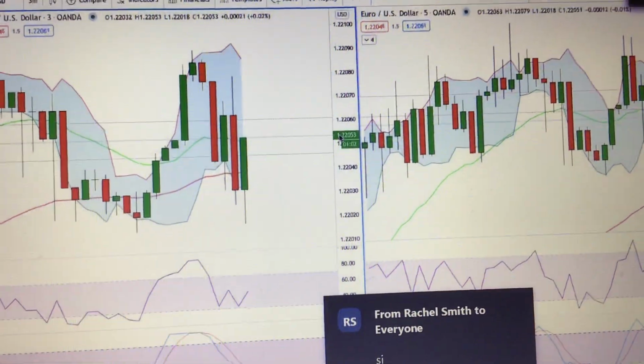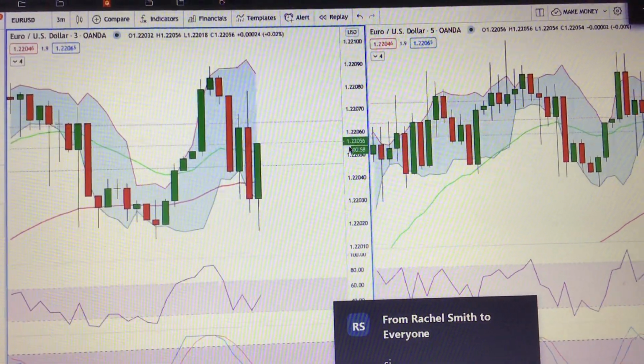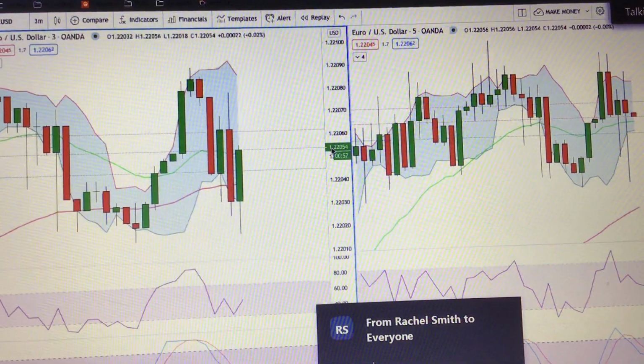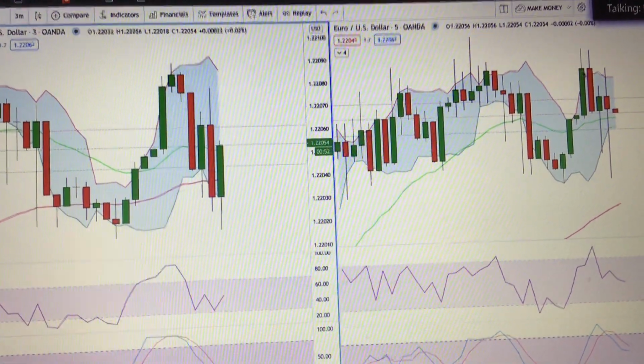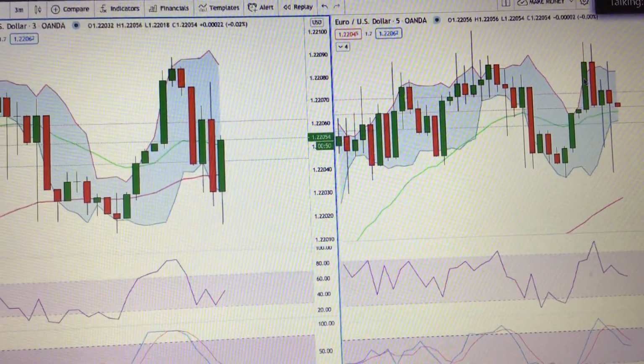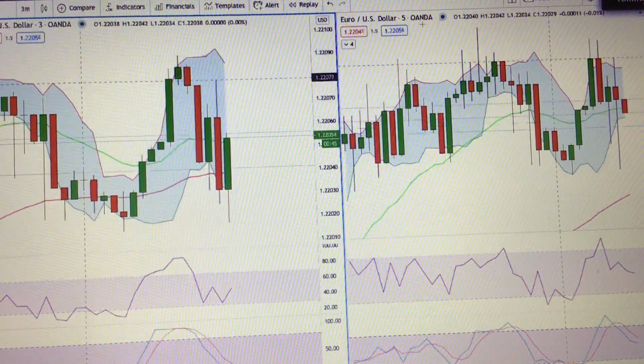So what I'm doing here, this is when I'm taking a trade, this is usually what I have up. The 5-minute chart on the right, 3-minute chart on the left. So for people who are new like Alex, what you're looking at is a candlestick chart. Each one of these candlesticks represents a certain period of time. On the right-hand side, you see this 5-minute, which means that each one of these candlesticks represents a period of